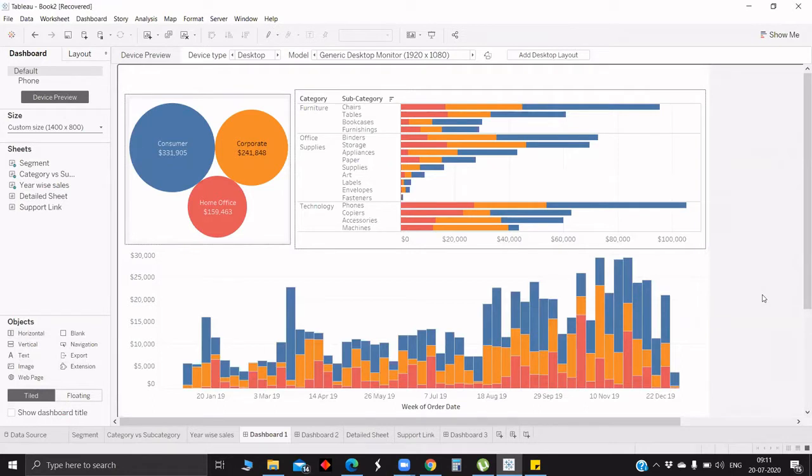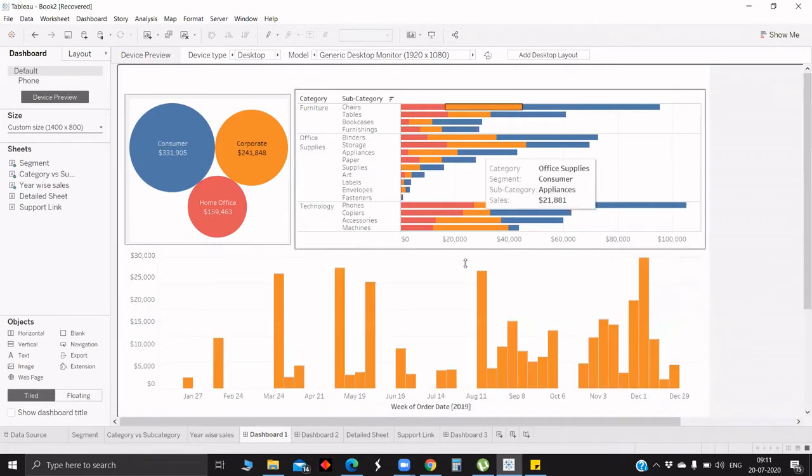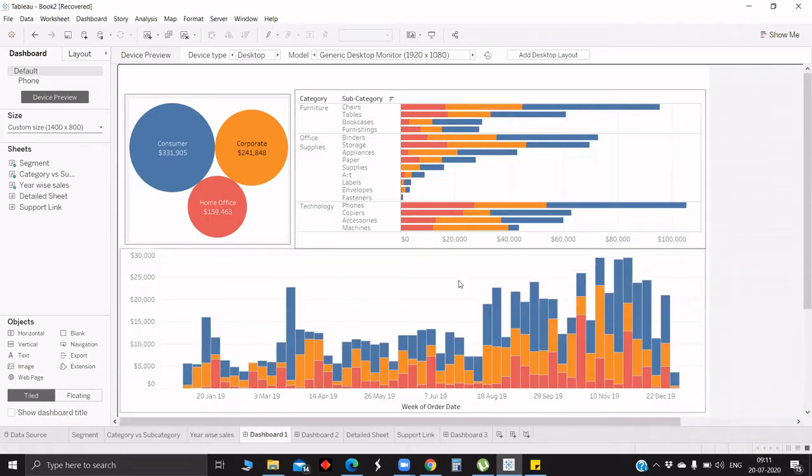So generally we will have the picture of the final outcome of the visualization in our mind. Then from there we have to start step by step, and we will end up deciding the containers. So maybe we can take this visualization which you are currently seeing on the screen as final. If you see, we will go step by step. So this is the last one, which is order date versus sales.